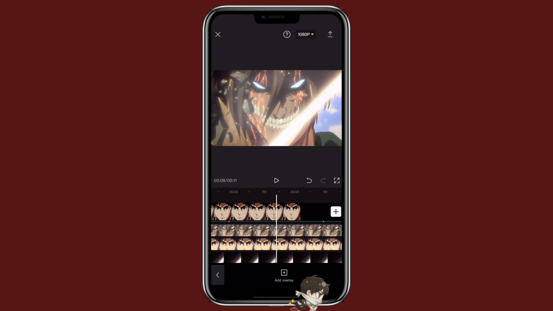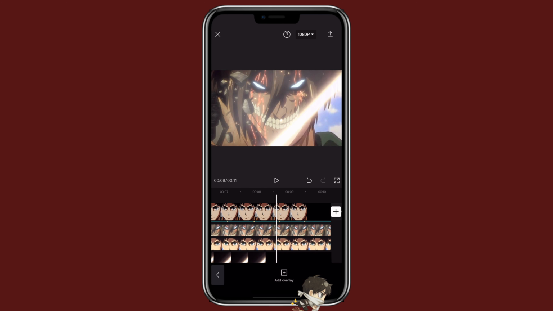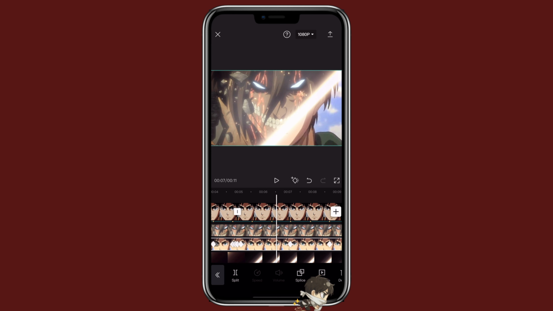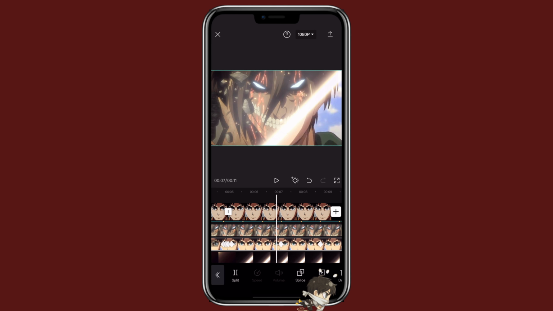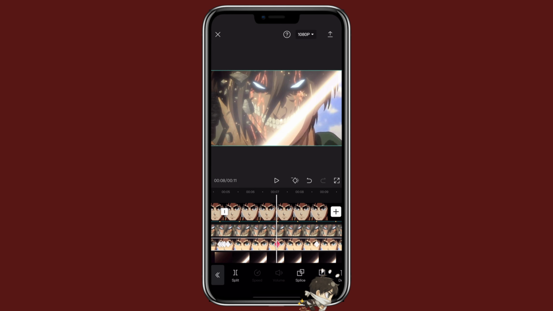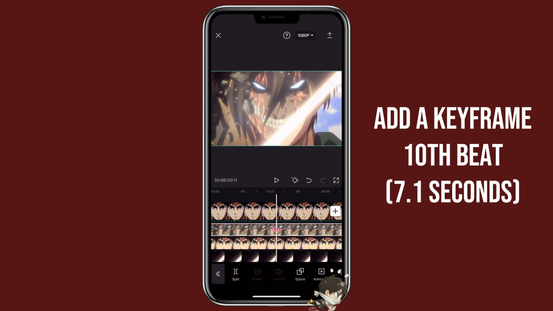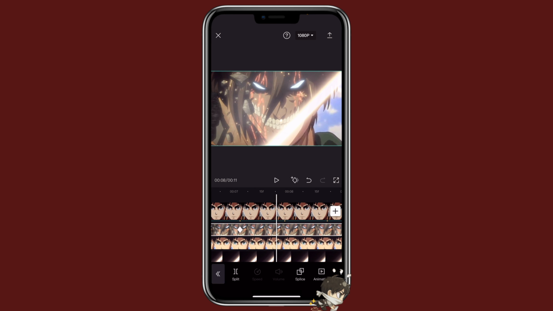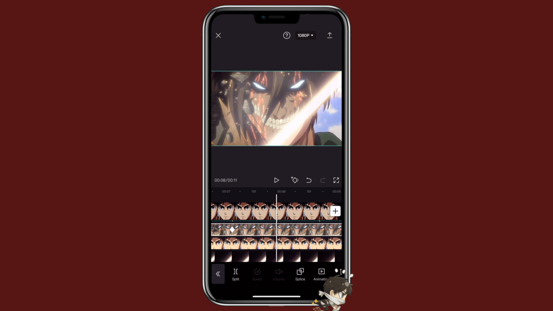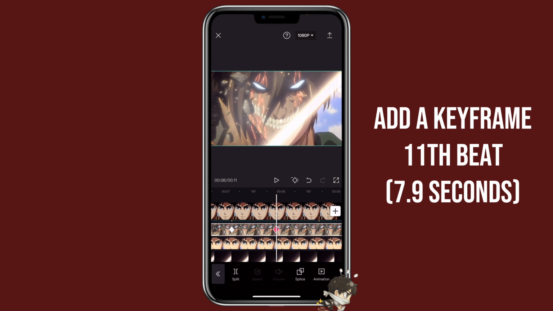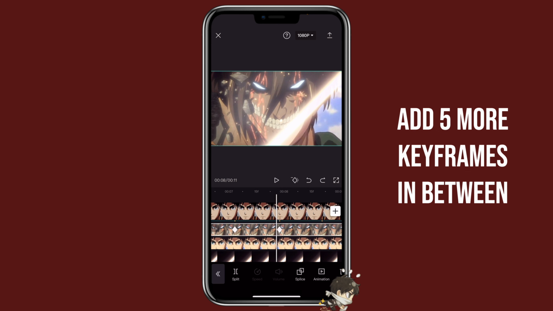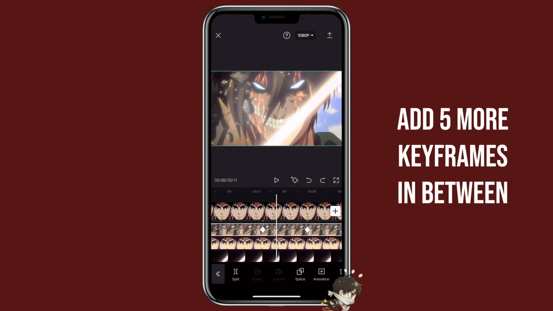Now we're going to go to the beat at about 7 seconds, right there. You want to click on the first overlay this time, add a keyframe, and then go to the beat that's near 8 seconds, add another keyframe. Then you want to add 5 more keyframes in between these 2 beats.